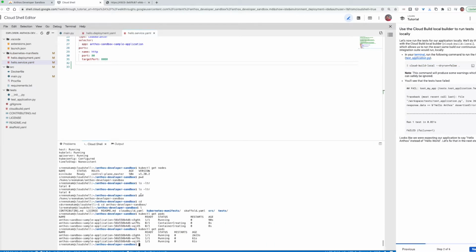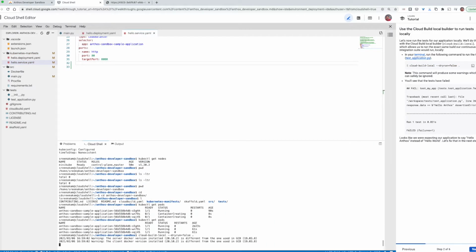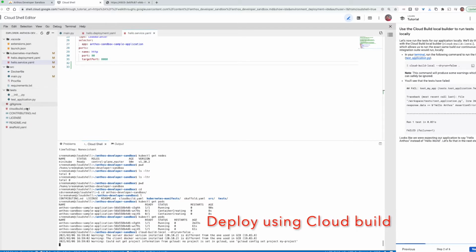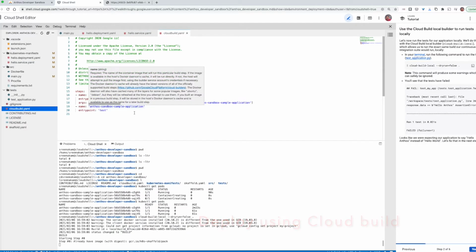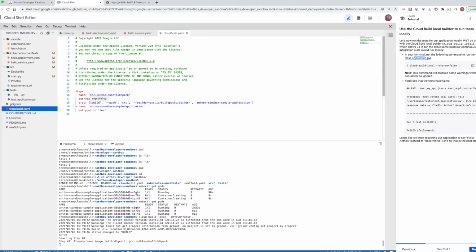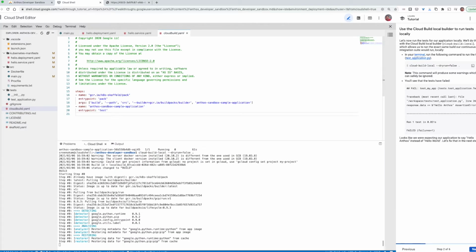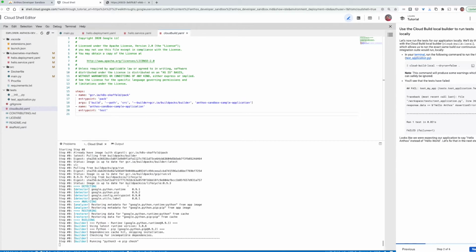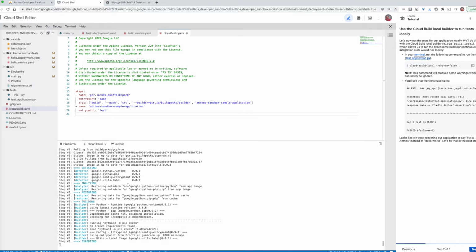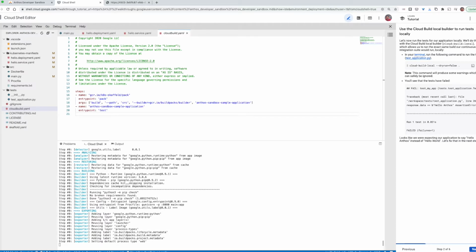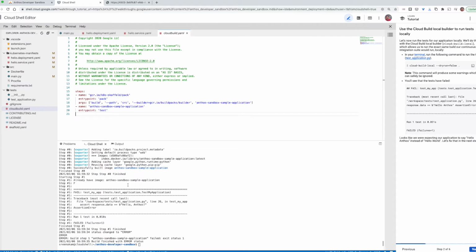Now that we have created a simple deploy, let's use Cloud Build to create a CI/CD pipeline. Previously we had used a Dockerfile. Now we will use a buildpack to build a container image without a Dockerfile and push that image to Minikube. We see the build is successful, but there is an assertion error because the testing has failed.